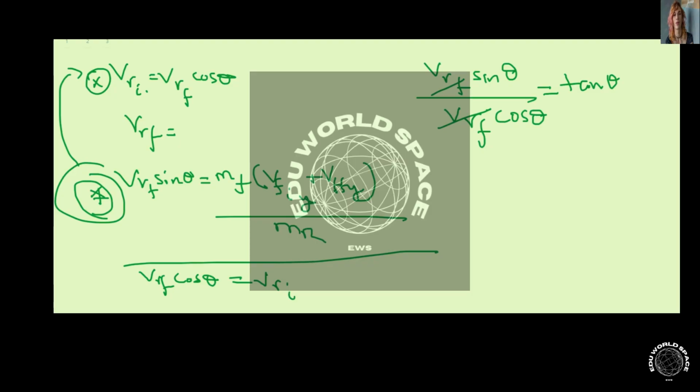That's the initial velocity of the falcon, or you could call it initial velocity in the x if you want to. It's the same thing. Doesn't make any difference. And so if we simplify that, we get that the tangent of theta happens to be this part of the equation. So mass of falcon over velocity of the falcon